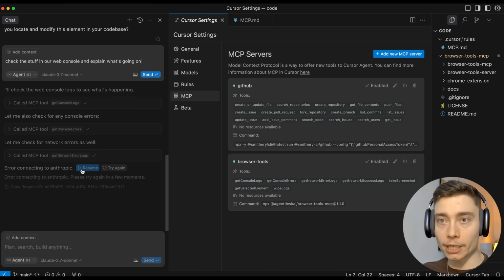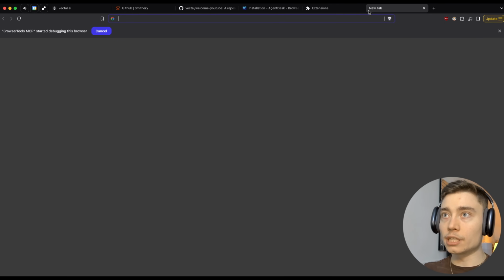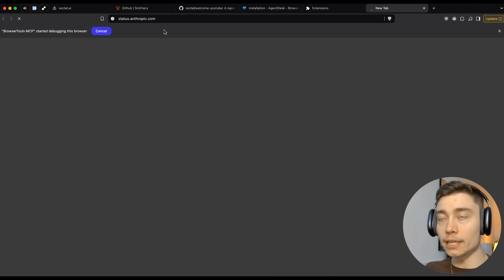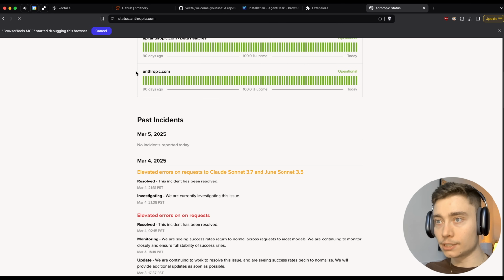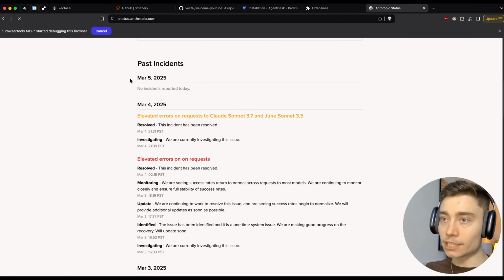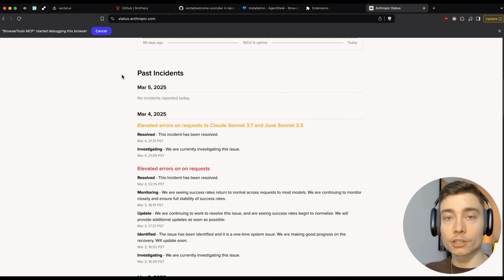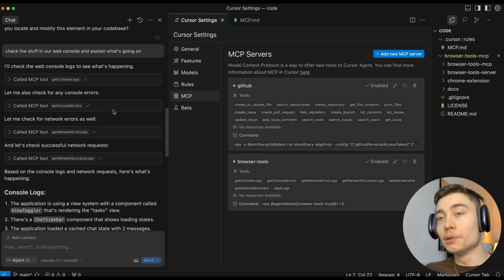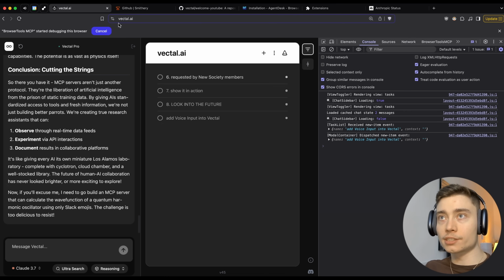Obviously, right now it is buggy because Claude 3.7 just released, but this is not an issue with MCP. This is an issue with Anthropic being insanely overloaded. There's a very easy way to check that. If you go to status.anthropic.com, you can see all the errors happening. And the last few days, there have been a lot of errors. So just keep in mind, this is related to Claude 3.7 Sonnet and how insanely popular it is. But the best advice I can give you is that if you run into any errors, do not take them personally. All errors are solvable, especially with tools like Cursor, Vectel, where you can literally use cutting-edge AI models